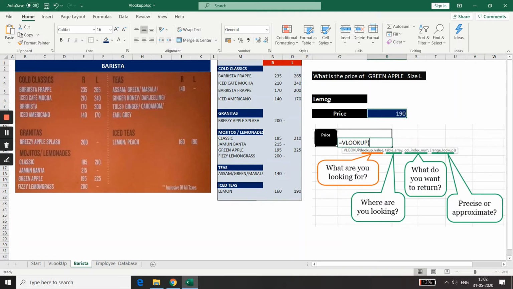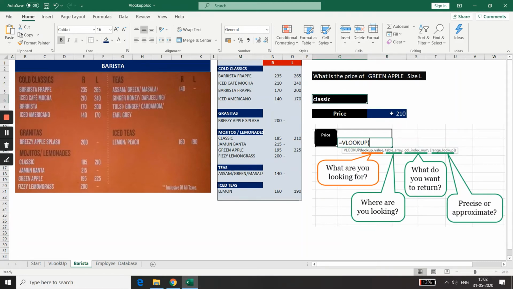Did you observe one thing? I'm sure you must have observed one thing, that VLOOKUP is not case sensitive, because here all my letters are capital, but here I am writing using both capital and small letters. So VLOOKUP is not case sensitive. Even if you write lemon, it takes into consideration the closest value. Okay, let me put classic. I'm putting classic here, and yeah, the answer given is 210. It is not at all case sensitive.